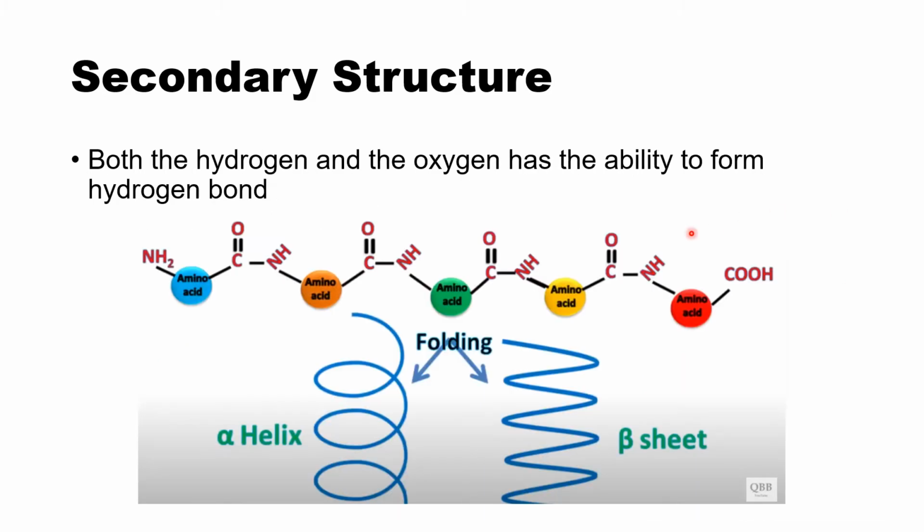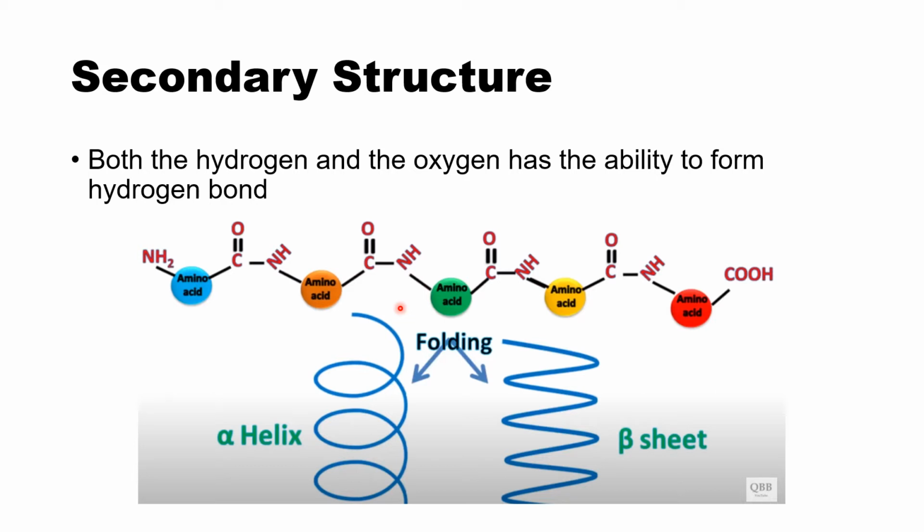Now, both the hydrogen and the oxygen have the ability to form a hydrogen bond na tinatawag. Itong oxygen and then itong hydrogen, both of these have the ability to form yung hydrogen bond,